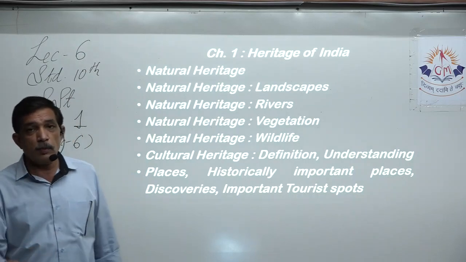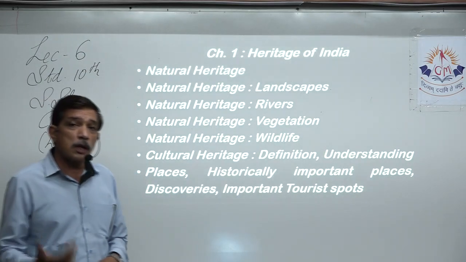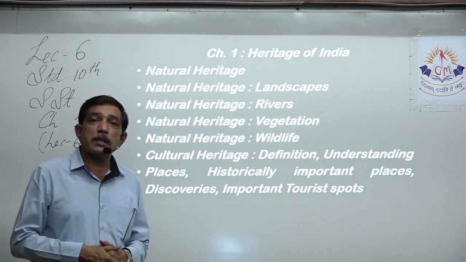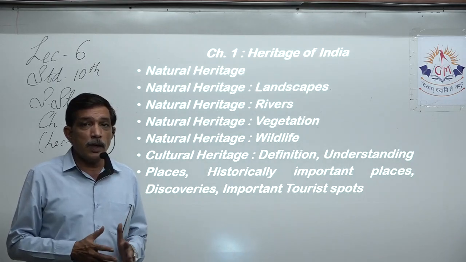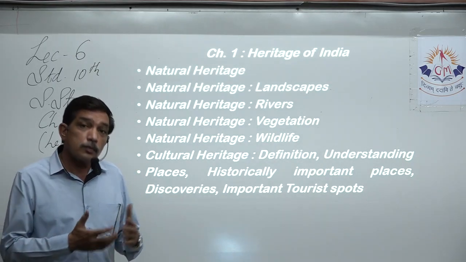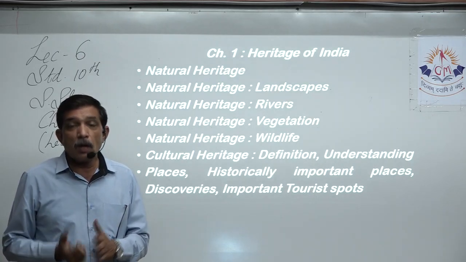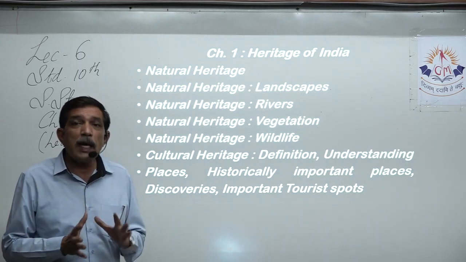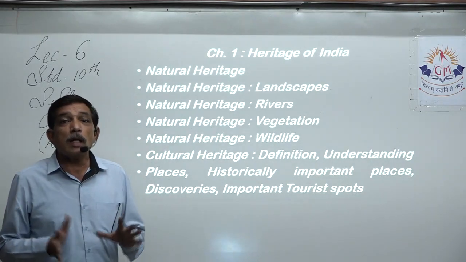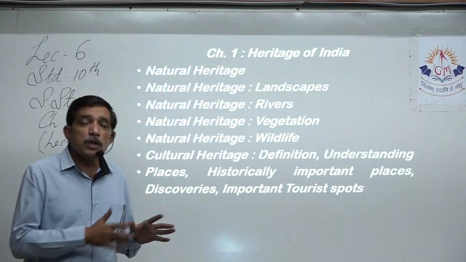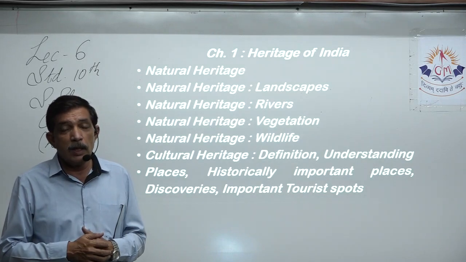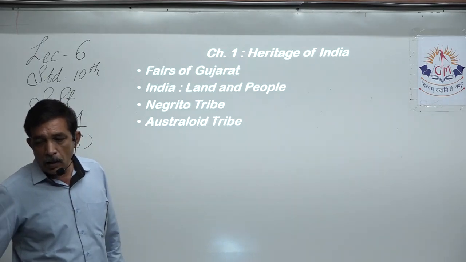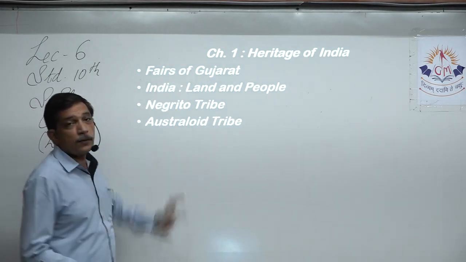Important tourist place. For example, people go to see Khajuraho temples or the Taj Mahal or the Red Fort in Delhi or the lots of temples in South India. So in this way, the important tourist place, because people go there with a reason, because lots of history is attached with it. Yes, and if you take the temples or the tombs, they are constructed using the talent, skill of the people, to beautify it, and that is why it becomes part of the cultural heritage.